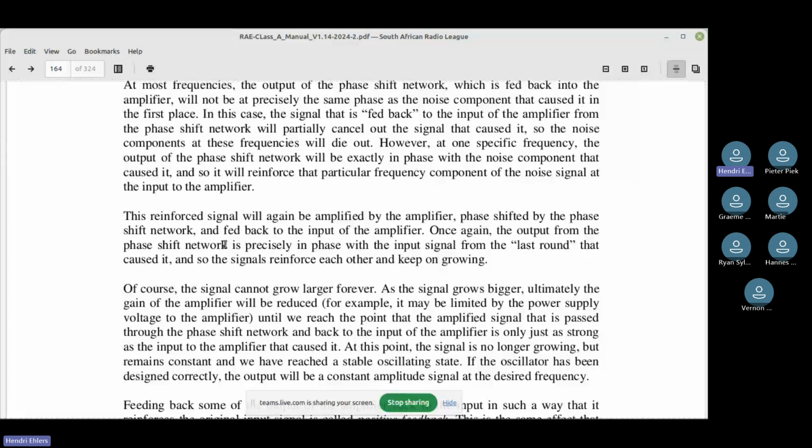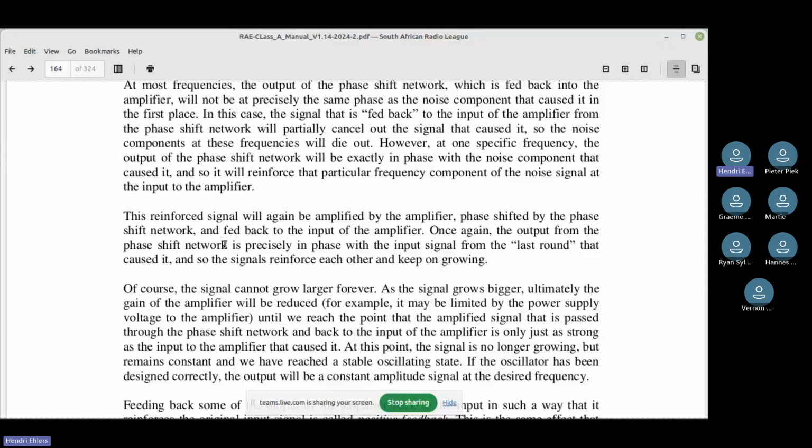The loop gain must be exactly 1 or 0 dBs. Now, they can also call this unity. So, in other words, if I, for instance, have an antenna and I say my antenna is unity, that means that the antenna has got 0 gain, either on transmit or receive.